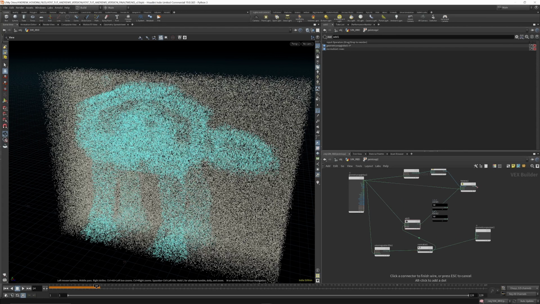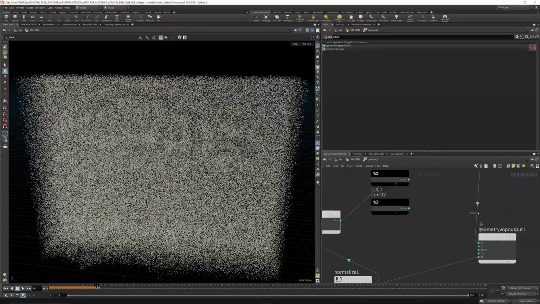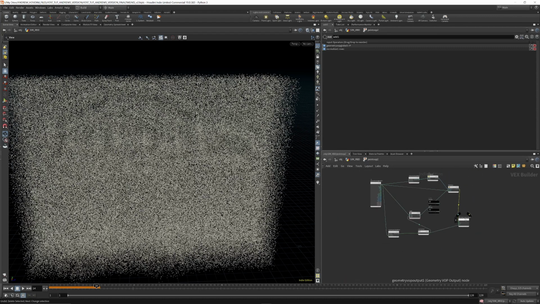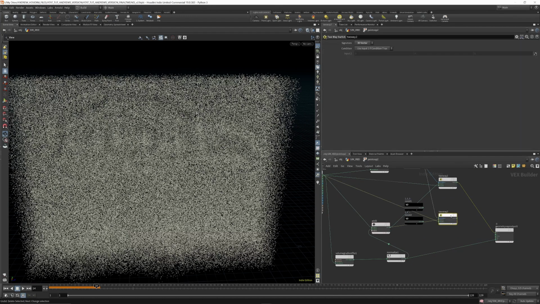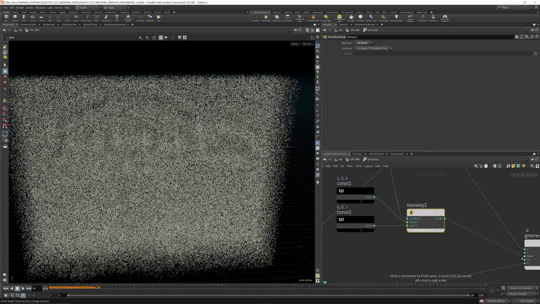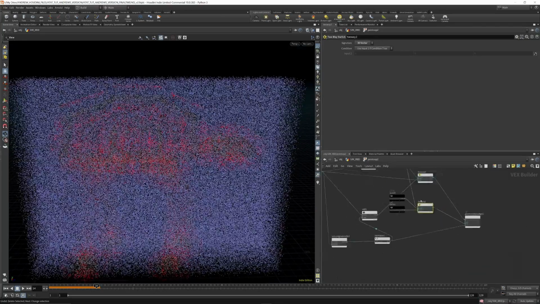And then we can plug this into our position here. And you can see that it has pushed these points out a bit. It's not quite perfect yet, but it's pushed them along that direction. So let's just make a copy of this and put the colors in again, and plug this in so we can still see where our problem areas are. So the red is still